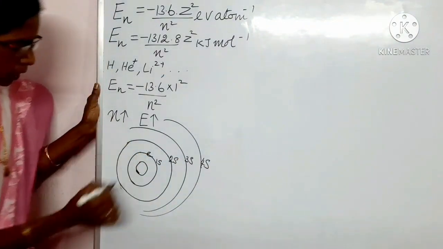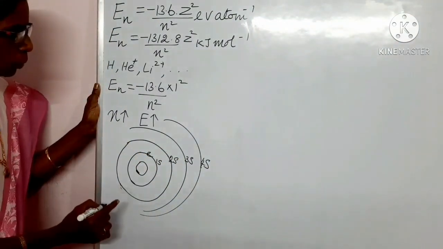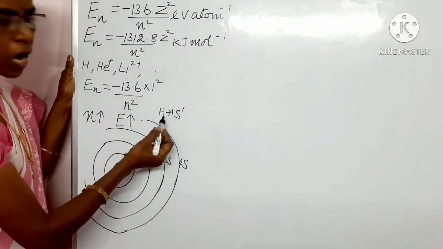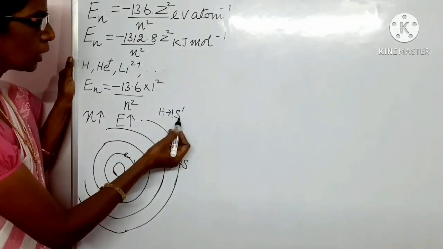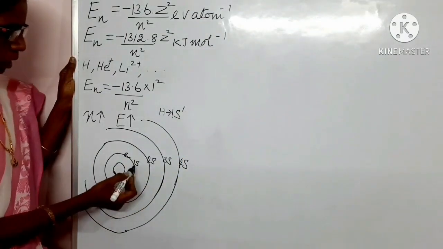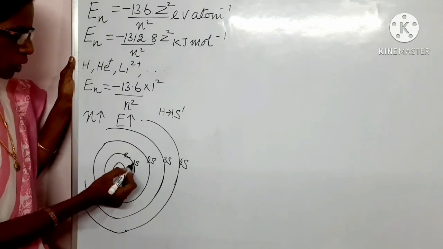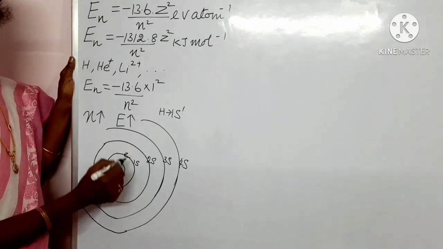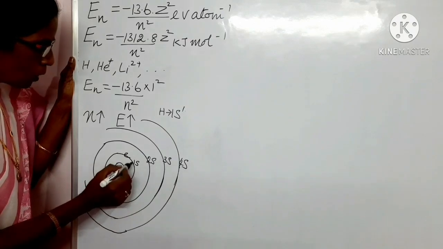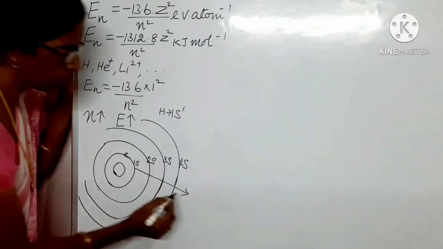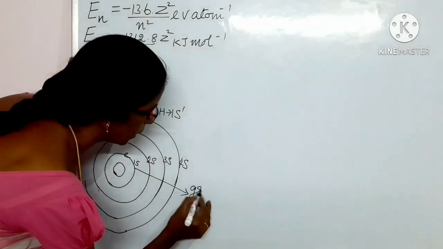In the case of hydrogen, the electron enters into the first orbital, that is the 1s orbital. So this is your 1s orbital where you have one electron. This is the lowest energy orbital. This original state for this electron is called the ground state level.